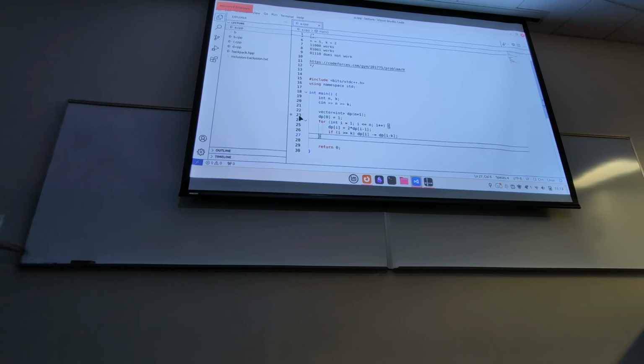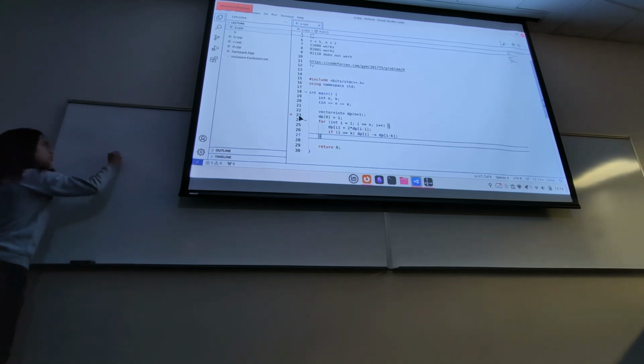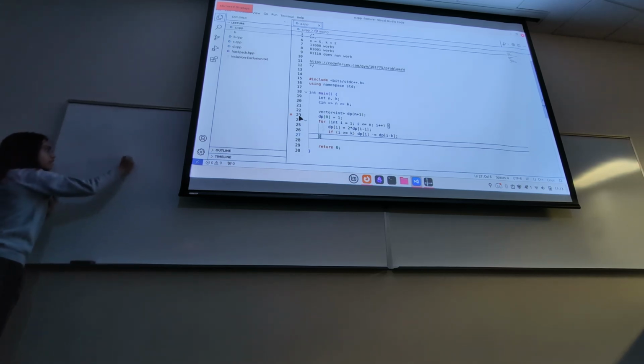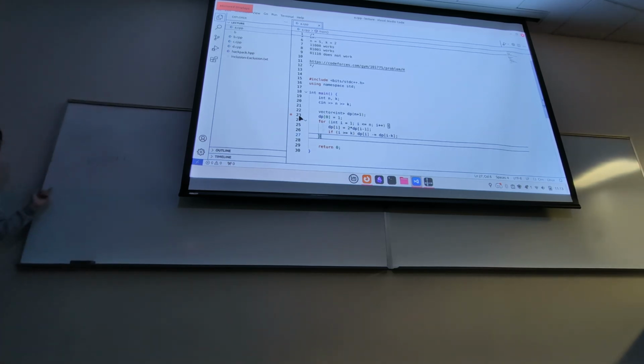So, okay, let me write out some examples, I guess. Let's say k equals 2, and we have some valid answer for length i minus 1. We can always try to add a 0. If we add a 0 to it, it's always gonna be fine. And then,